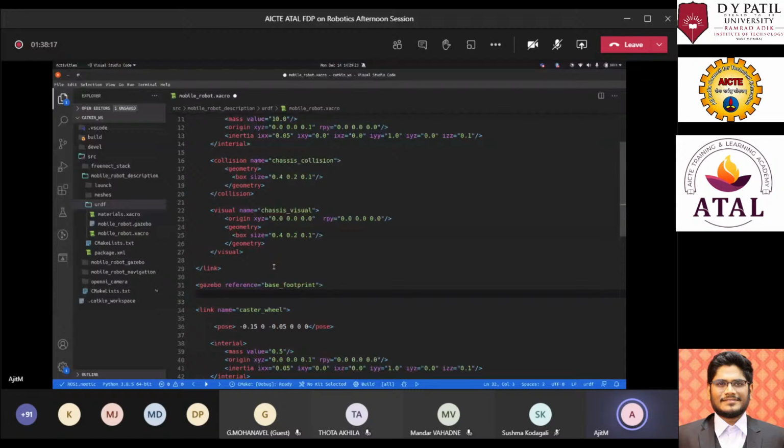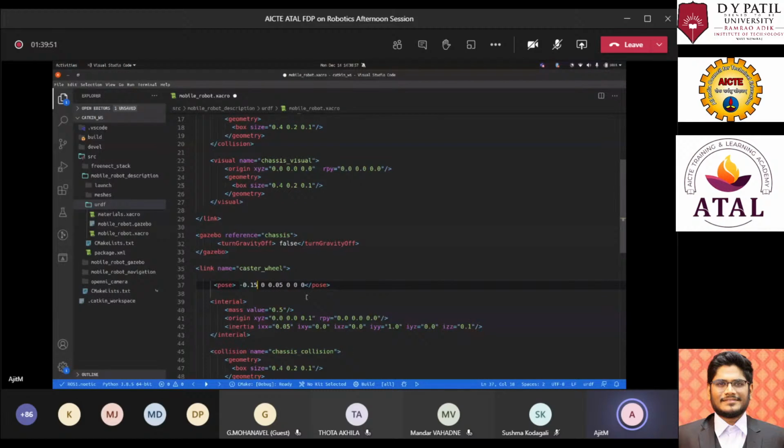It would be a bit ahead in the x axis. Sorry, it would be above in the y axis and ahead in the x-axis. We can visualize this again later, but right now just visualize that there is a cube, like a keyboard, and in front of that keyboard there is a caster wheel attached to it, and this is how we're defining it.